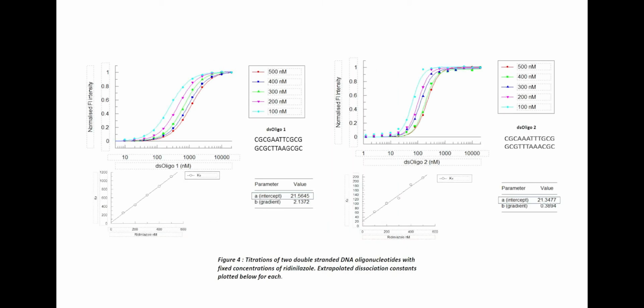To study the binding affinity of ridinilazole, we chose 2 different short double-stranded DNA oligonucleotides that were predicted to have single-site binding, based on previously characterized data for the minor groove binder, Hoechst 33258. We used a titration of the oligos with several fixed concentrations of ridinilazole and determined the KD for each concentration. From these dissociation constants, we used a linear fit to extrapolate the true dissociation constant. Potent binding at ridinilazole concentrations significantly lower than the MIC were observed, with a dissociation constant of approximately 20 nanomolar